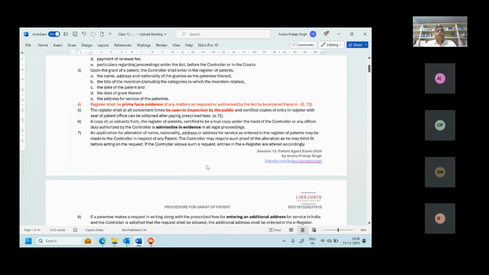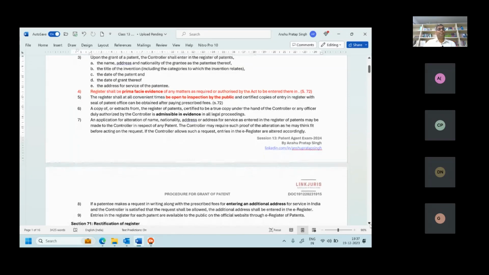Then section 7, application for alteration of name, nationality, address for service may be made to the Controller, and the Controller may require. So if you are changing anything that I have recorded in the register, you have to apply and request me, and on the basis of your request, along with proof that this is the evidence because of which this alteration has to be done, the Controller can